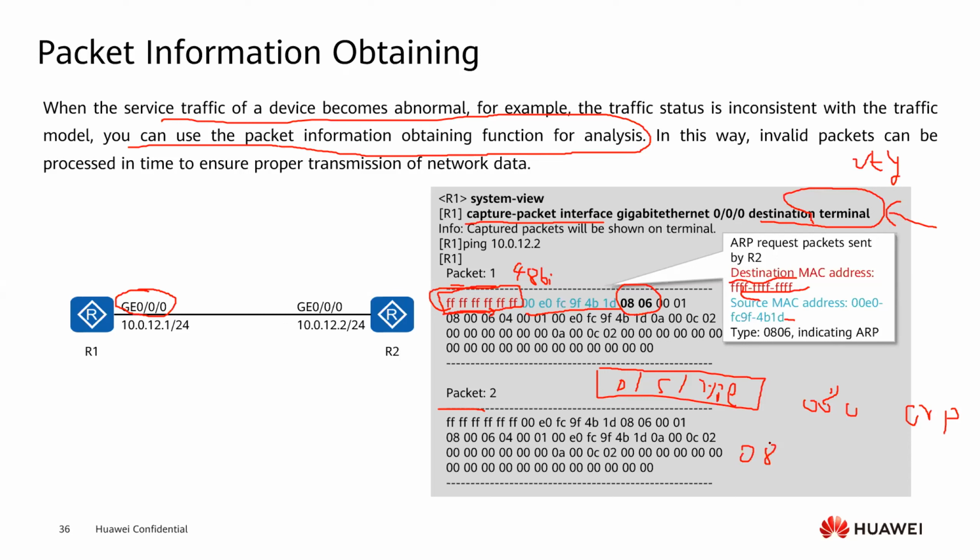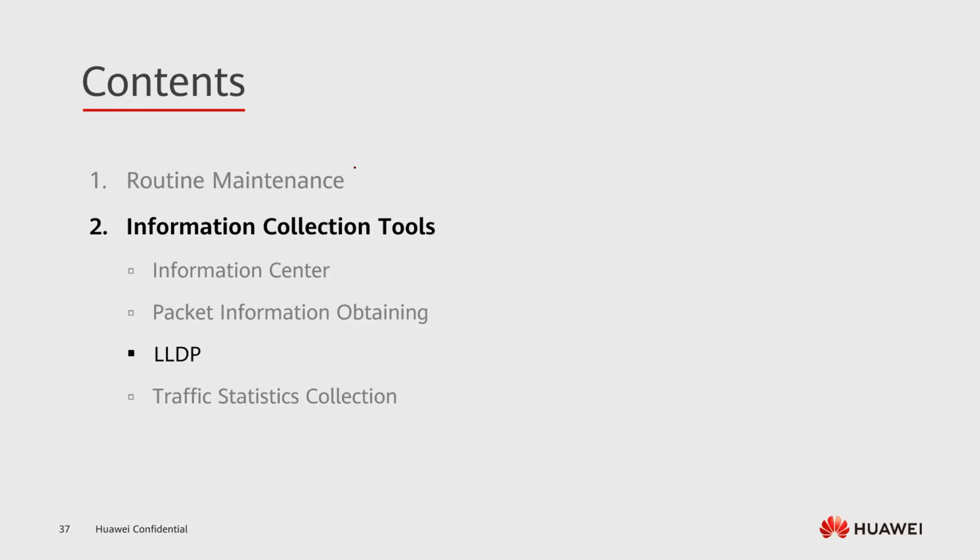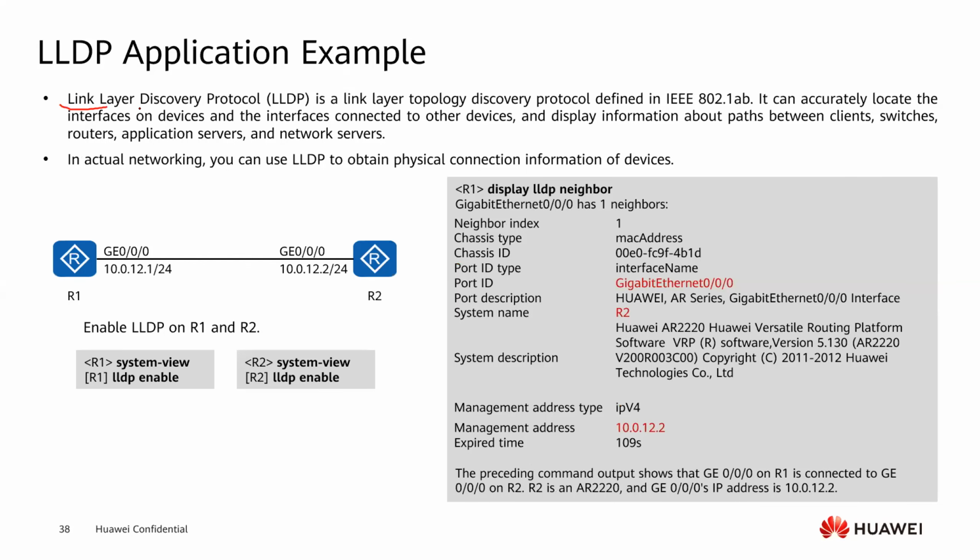It here is 08, and that means the upper layer is an IP packet. Okay. Then we see LLDP. LLDP is the Link Layer Discovery Protocol, and is a link layer topology discovery protocol defined in IEEE. So we can use LLDP to find where the interface is connected correctly, based on the